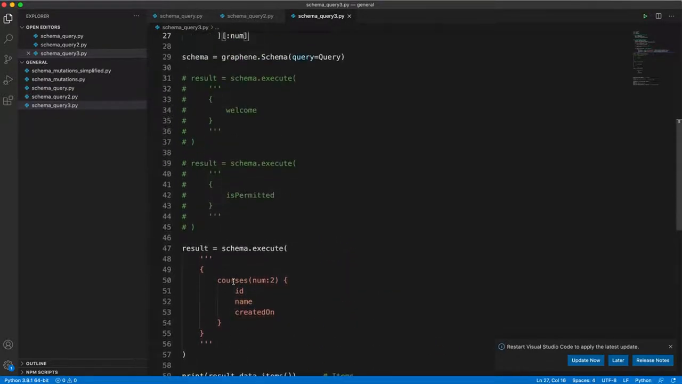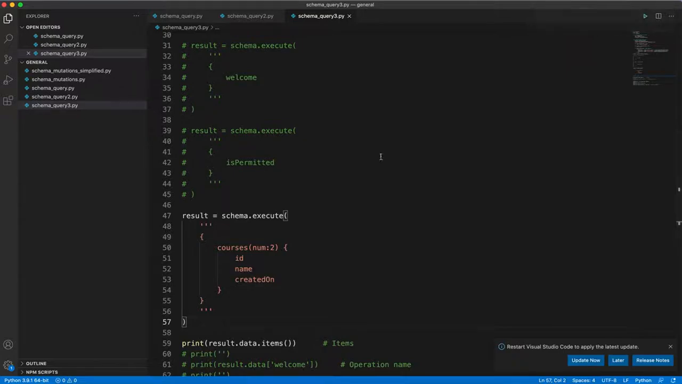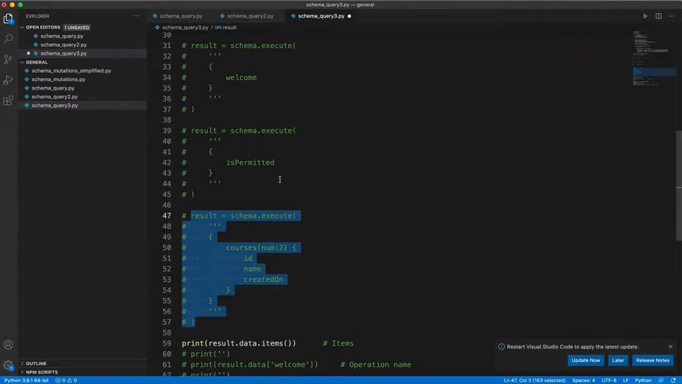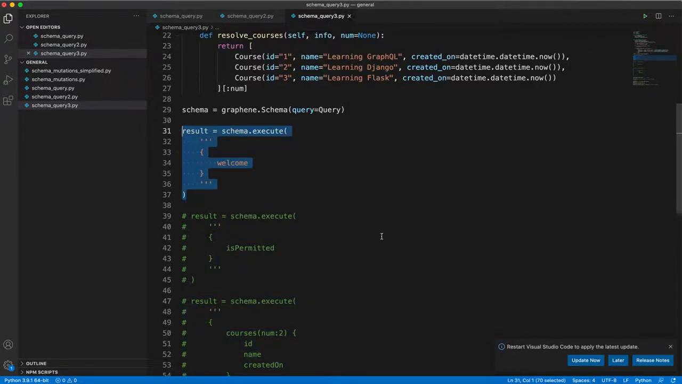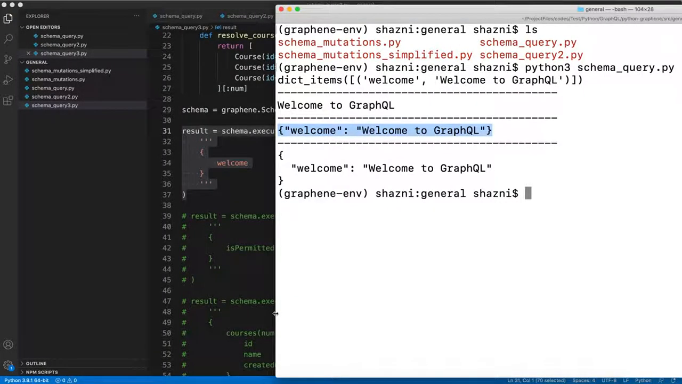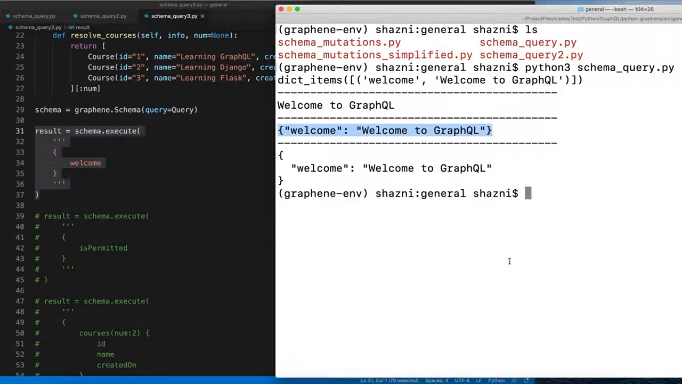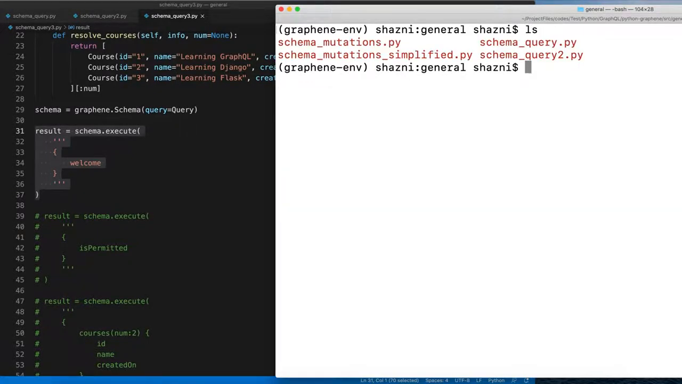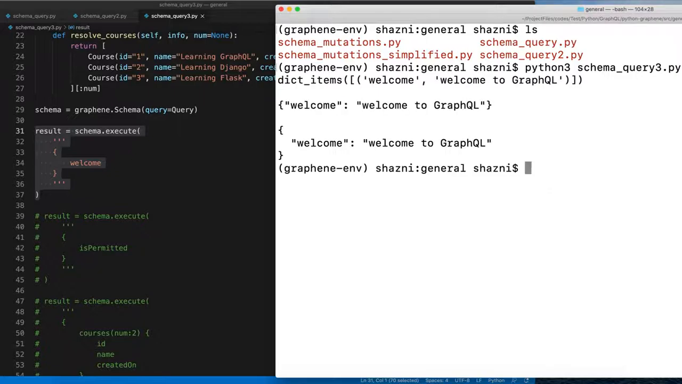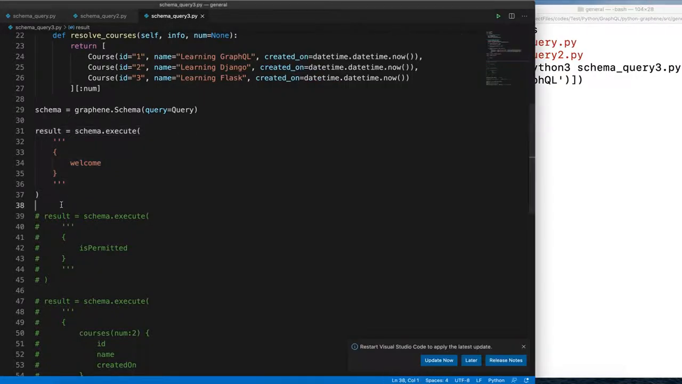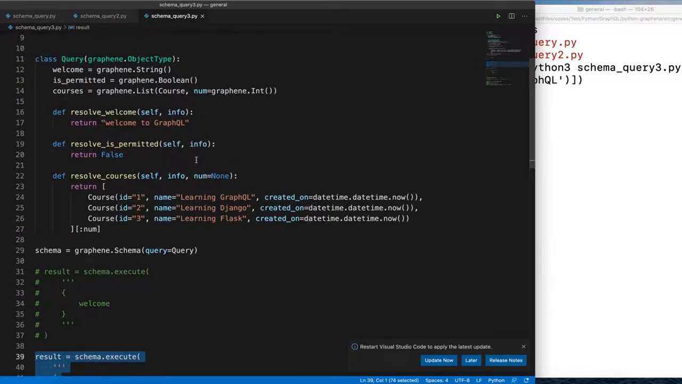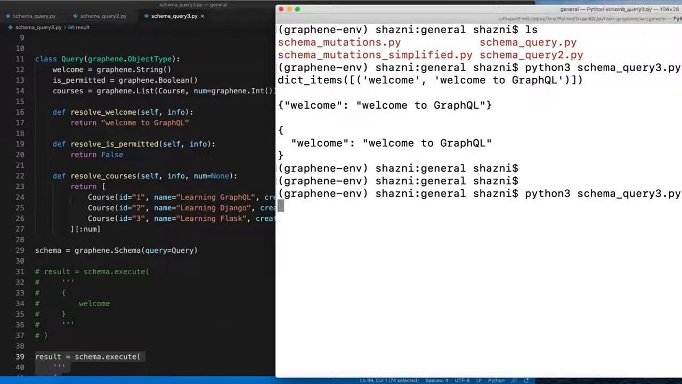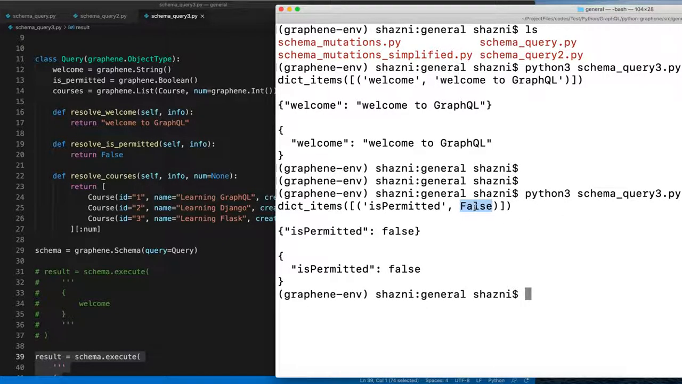So let's try to execute this and see. Let's first execute the familiar welcome function just to make sure that it works fine, and save it. And let me clear this out once again, or else we can just keep it this way for us to view it. So I'm going to run python3 schema_query3, and as you can see, as expected, it just returns the welcome. So nothing is changed there. Then let's go to isPermitted. You should get a false of a boolean type. Let's see how it is returned. As you can see, isPermitted is returning a false. It's not a string, it's a boolean